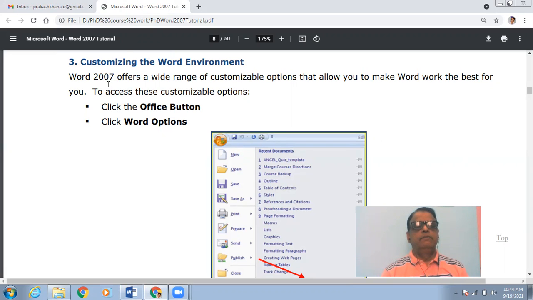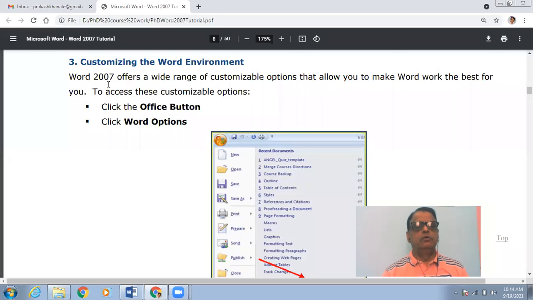One can easily find that Microsoft Word is a very useful application software, and it has a wide range of different options, and these options can be customized as per your own requirement. So you need to select what is best for you, and then accordingly the specific options can be turned on by using the Word options menu.